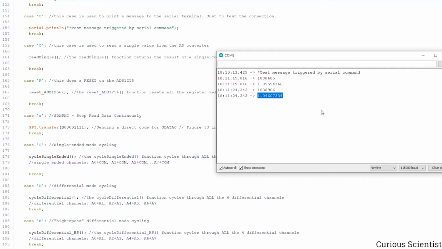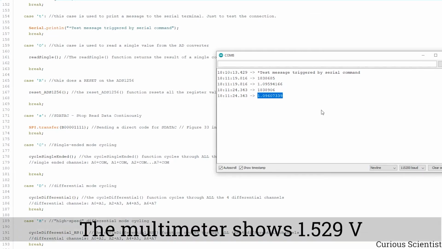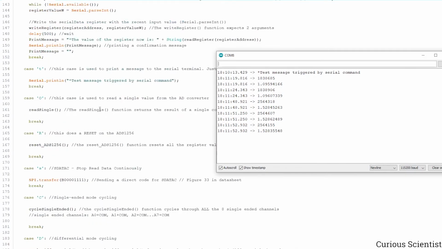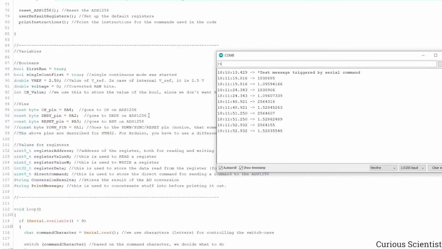I changed the potentiometer a bit. What should be the value? 1.529. So let's see what happens. Yeah, it's pretty much the same value. So this works. So now the next command is, for example, let's just read the first register, and here,